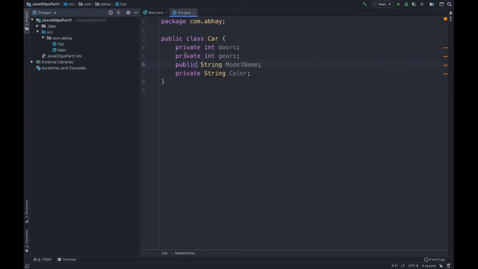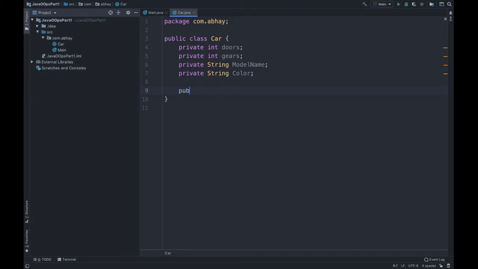So in this video we will see how we actually define data types or fields of a class. For that we have getters and setters. We will be making a method that will help us to set the model name. So we will type public, and the return type is void.